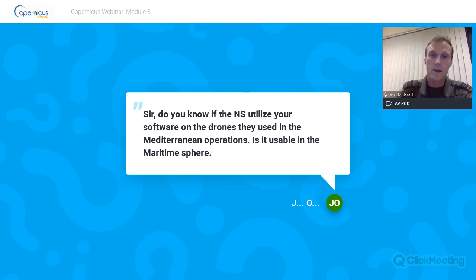So you'll get video footage back to your operator on the ship, but trying to transmit that in the absence of mobile phone networks or 3 or 4G networks, it has to be done by satellite link, SATCOM, which is very expensive. So there's a little piece there that's easy enough design, but it's an expense thing. So yes, it can be used in a limited way. But if you want a drone that's effective in the maritime sphere, you're going to have to spend a bit more money. You could be looking at six figures, high end six figures, or maybe seven figures.